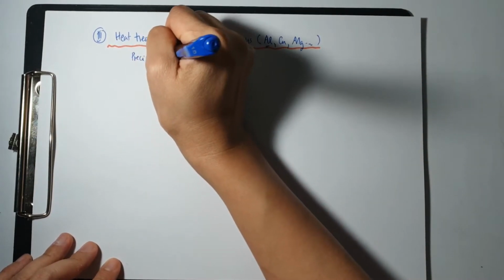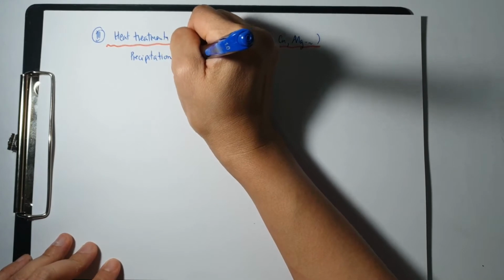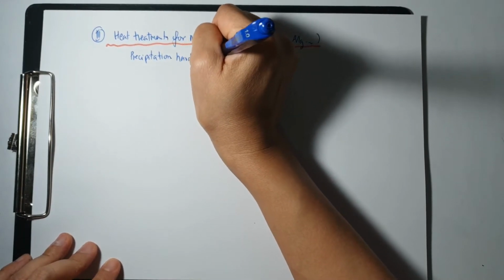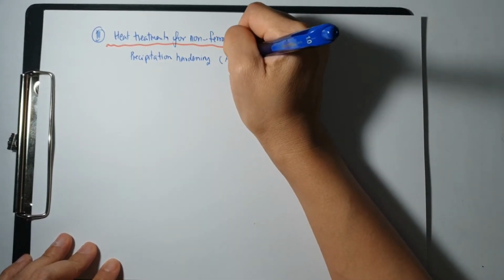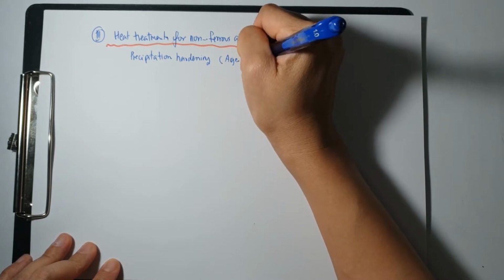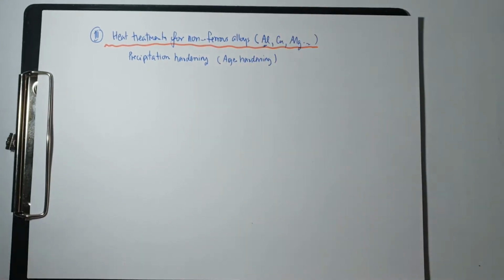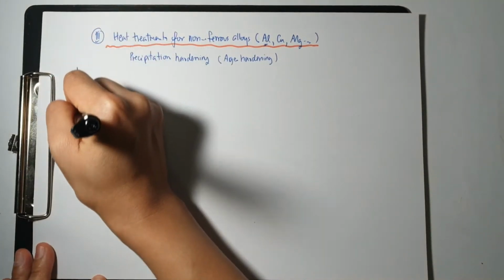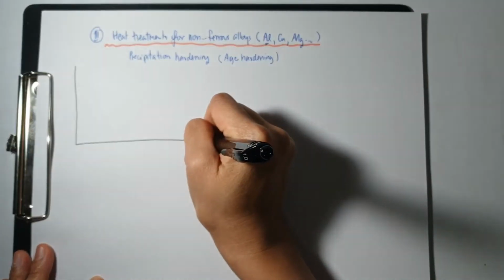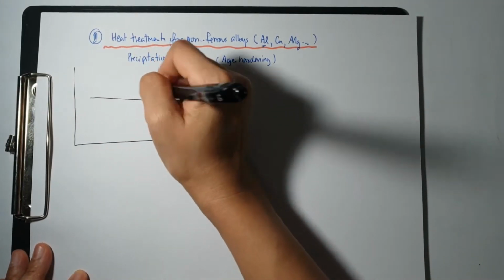precipitation hardening, and we also call it age hardening as well. So what we need is the phase diagram. You have to recall the phase diagram every time you're doing heat treatment. It's something that you can't avoid. Now I'm starting to draw. If you may recognize